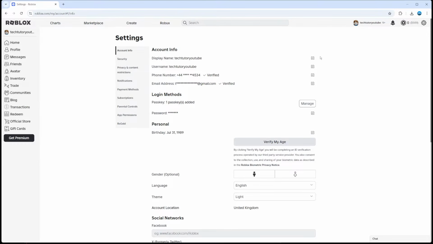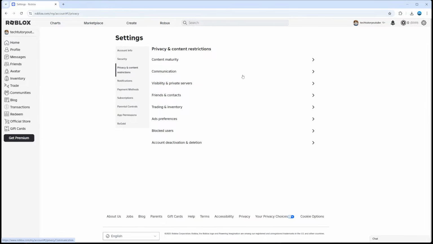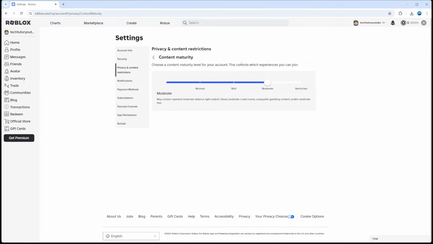In your settings, what you want to do is come across to the left hand side to this menu and click onto privacy and content restrictions. Then what you want to do is come up to the top and click onto content maturity. And to remove this error, what you need to do is basically set the bar here all the way to